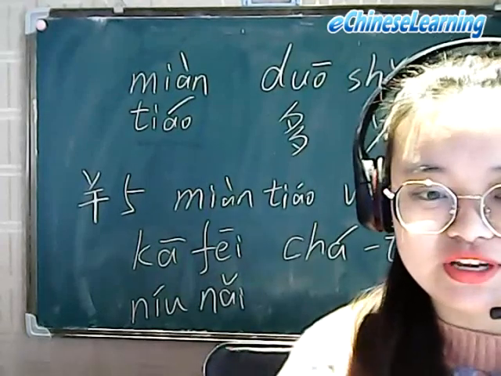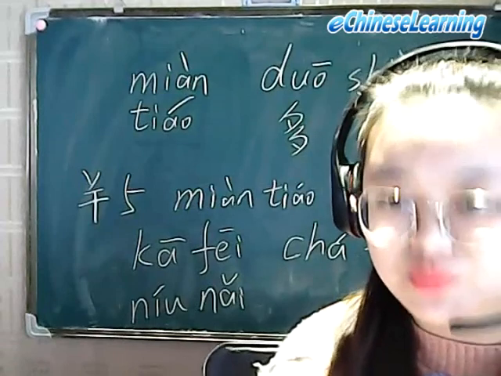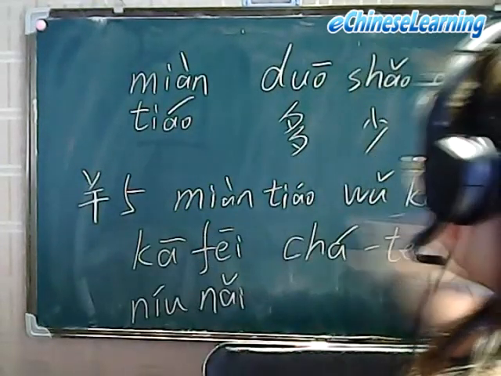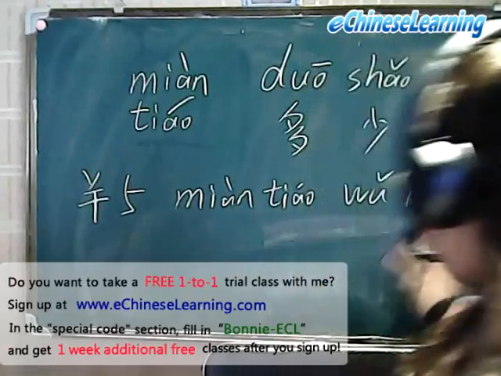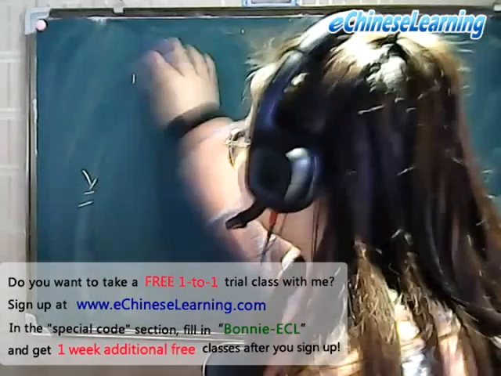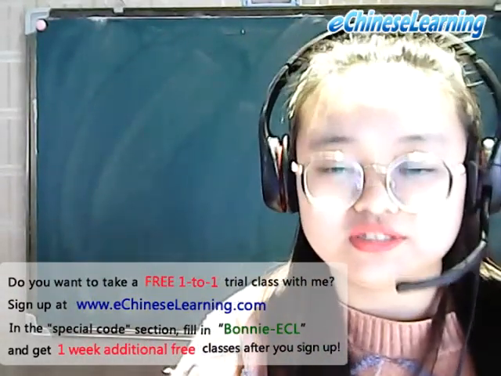So this is some word here, and now you know maybe in Chinese many words have their measure word, right? And it's different. Do you know that? So I will show you the measure word for this food here. And when we say noodles or the dumplings, we will say a bowl, right?